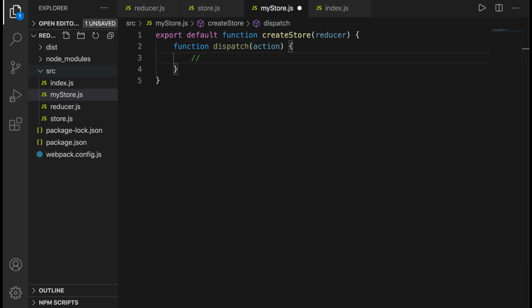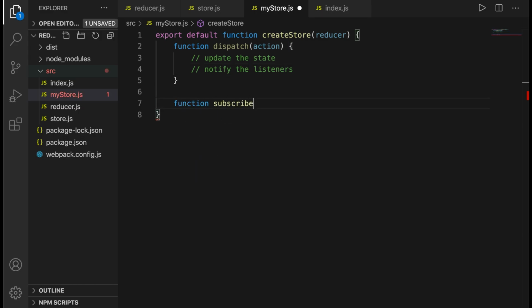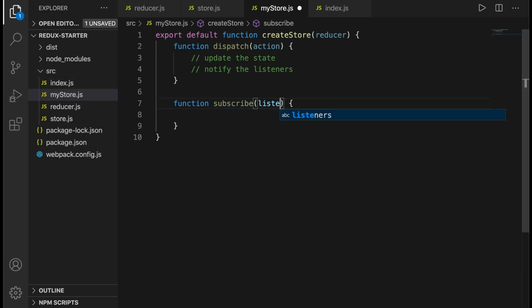Inside it we want to do two things. We want to update the state whenever we dispatch an action, and then we want to notify all the listeners. Moving on, we also need a subscribe method, and it will take listener as a parameter, and here we'll maintain a list of listeners.